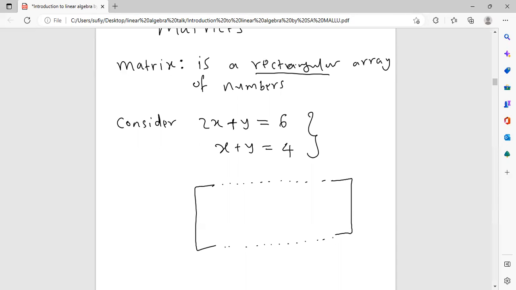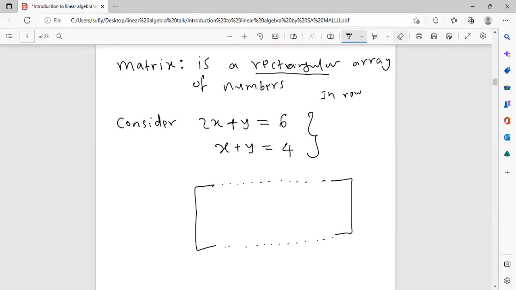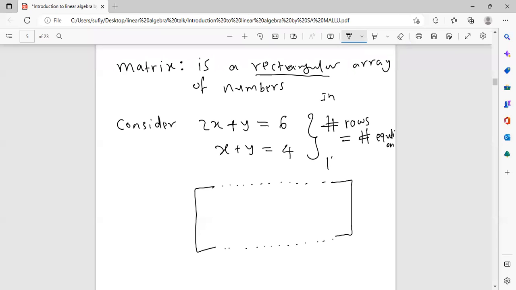Okay. And in order to represent this in the form of a matrix, we have to have the rows. So in a matrix, I'm going to write it here. In a row, let me first make this note here for you guys. The number of rows in a matrix is equal to the number of equations that you're given, and then the number of columns in a matrix is equal to the number of variables,